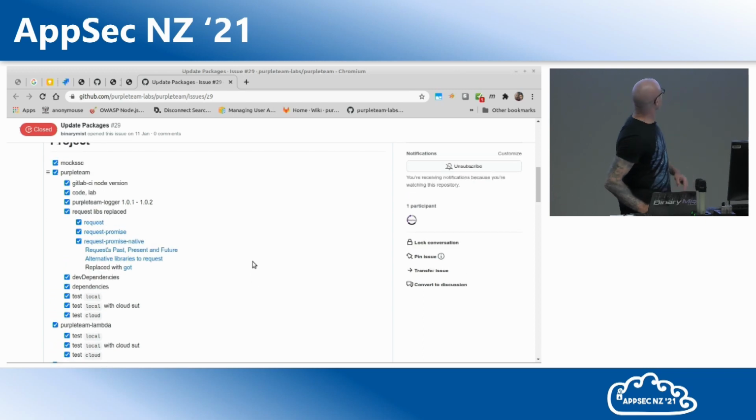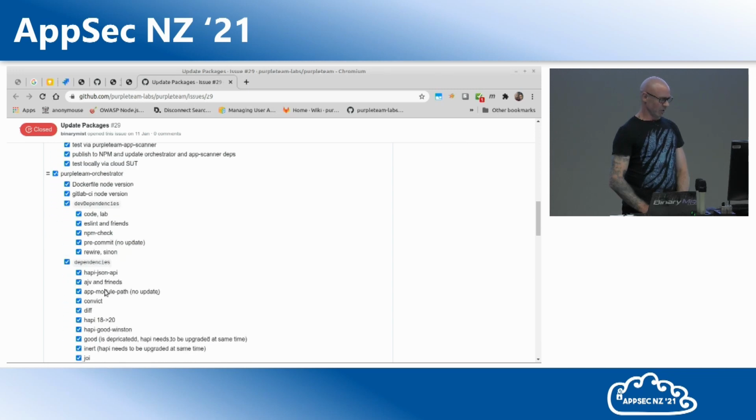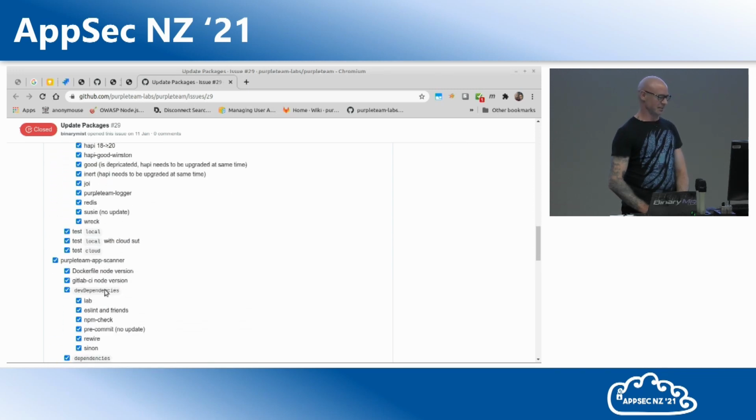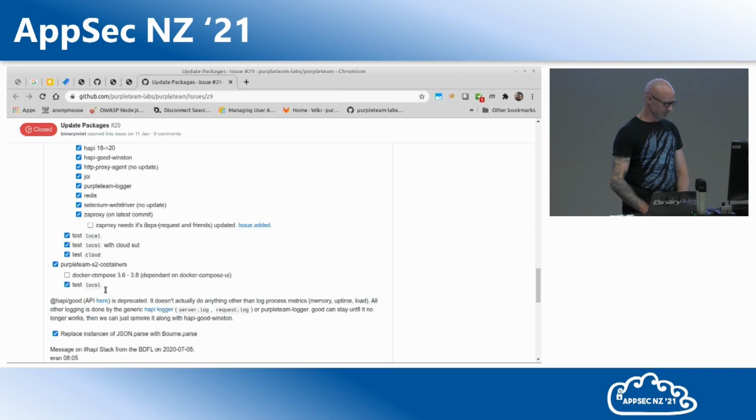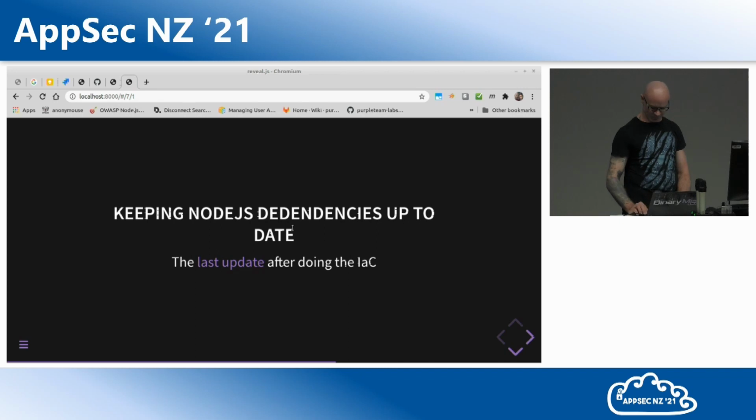So you can see Purple Team project, it's got all these dependencies, Purple Team Lambda project, Purple Team Logger project, Purple Team Orchestrator project, the App Scanner. That was about it. It wasn't too bad, but there were some things in there that we had to sort of rework.